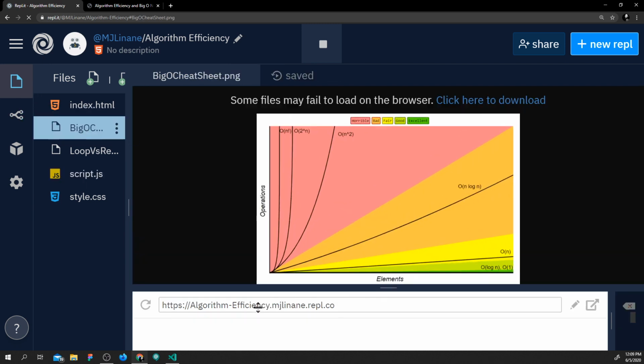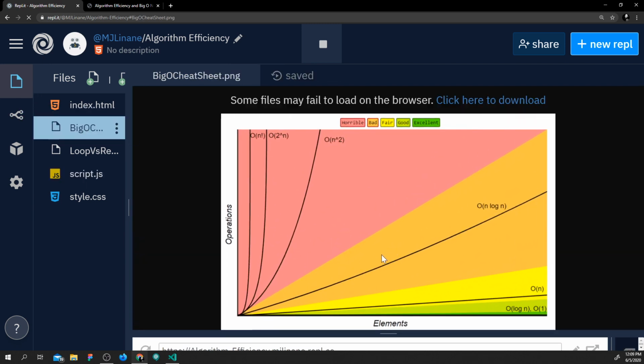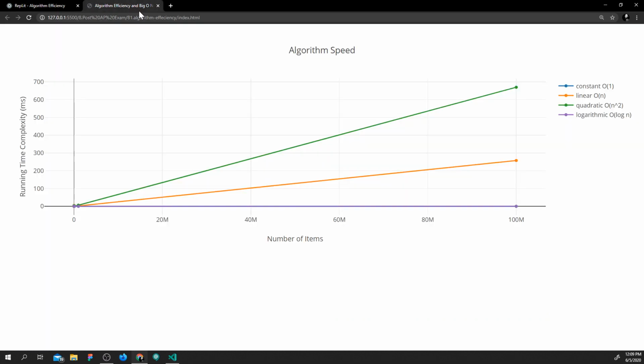This graph here shows the different calculation times. What we're looking at is that quadratic is up here, and then our logarithmic, Big O of log n, is right down at the bottom. That logarithmic time is almost the same as constant time,